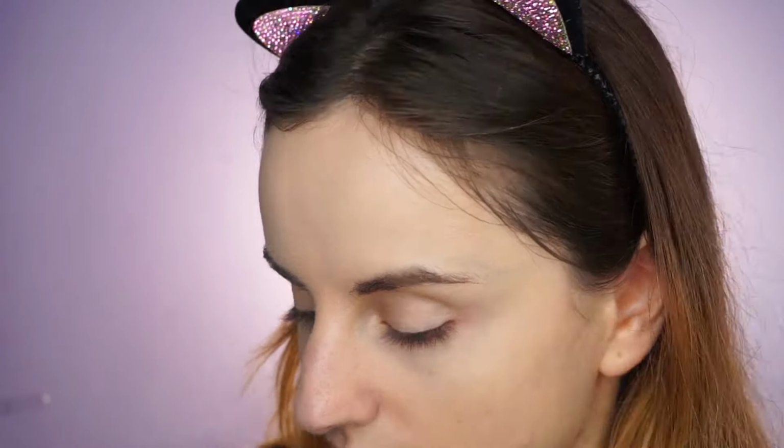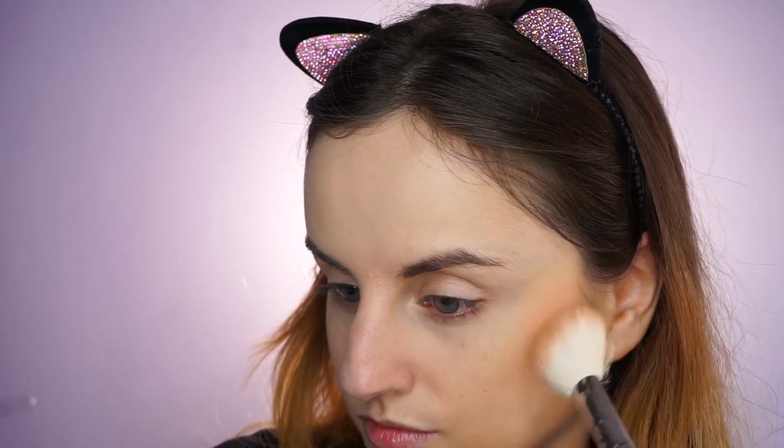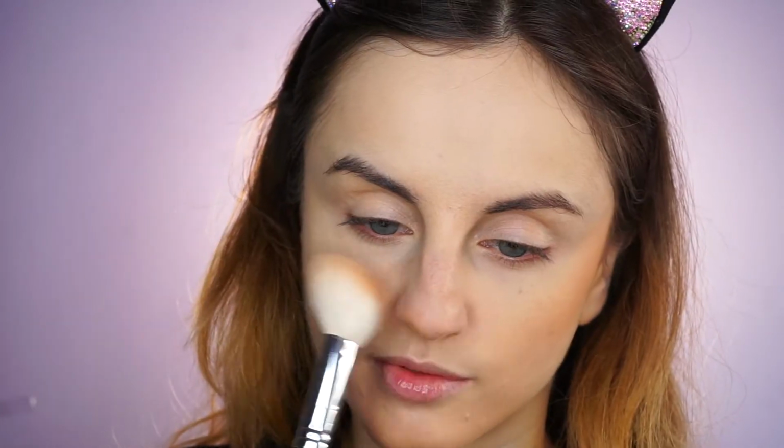I want to redo my self tanner, I just didn't have time for that. But until then, we're going to apply some bronzer. My Dior Nude bronzer as usual, and my Morphe M405 brush as usual. Just going to bronze up my cheekbones. I like applying bronzer on my chin for some reason. The tip of my nose